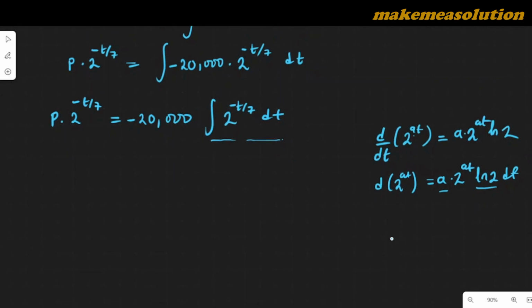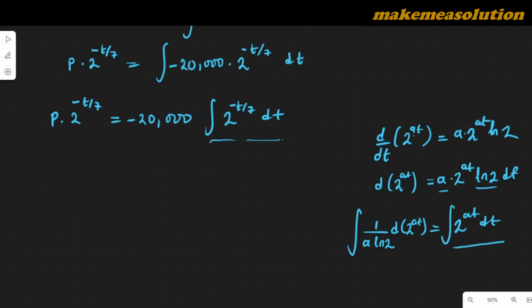So if the constants are this and this, you agree that you can factor them out, or you can divide both sides by the constant. So in other words, if I divide through by a ln 2, I'll have 1 over a ln 2, then d of 2 to the power of at is equal to 2 to the power of at dt. So if you integrate both sides now, you'll discover that